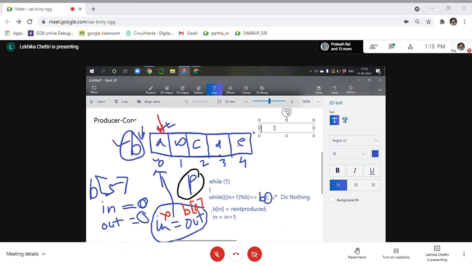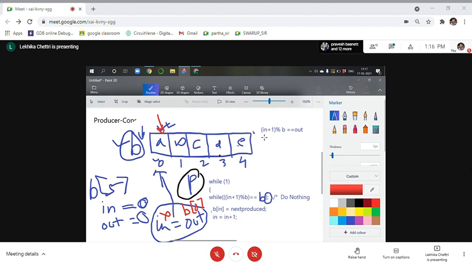That I can show where, if condition in plus 1, if you divide in plus 1 with the buffer size, with my buffer B, and if dividing in plus 1 by buffer size gives me the out value, that means the buffer is full. So my in is 4.